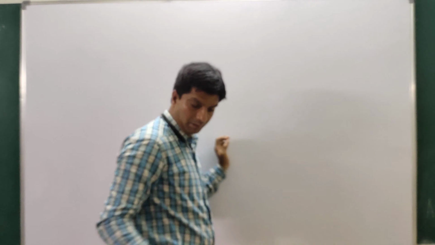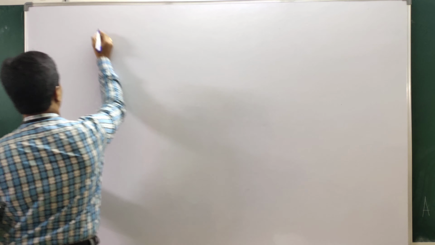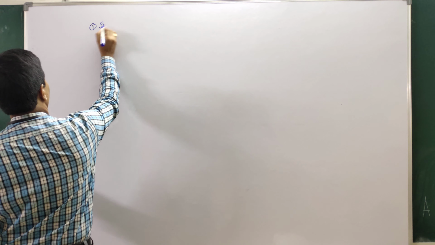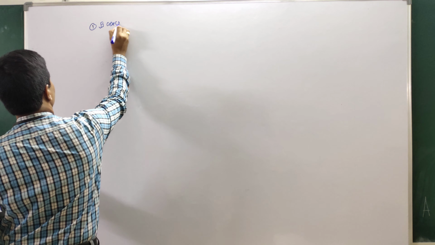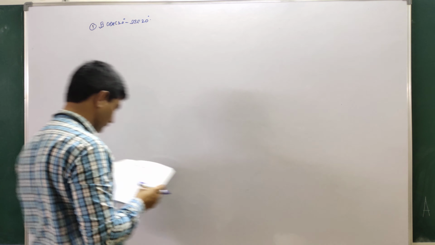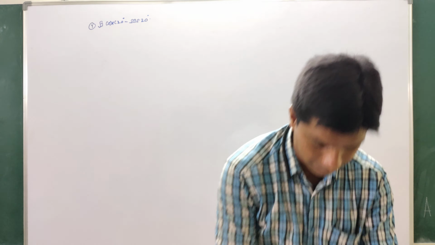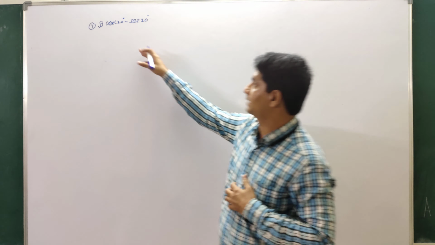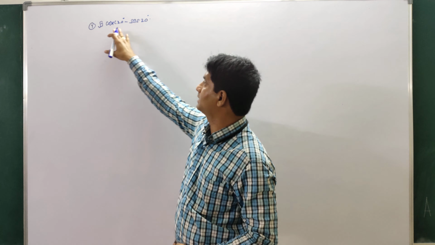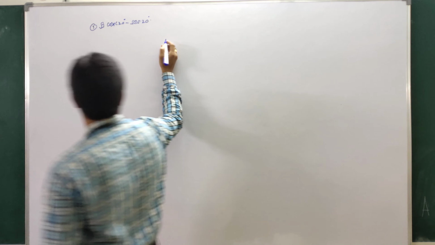We will do some problems on the topic trigonometric ratios and identities today. Let us write the first problem here. First one is a very simple problem. Root 3 cosecant 20 degrees minus secant 20 degrees. This is the value of. Actually, we don't know the value of secant 20 degrees and cosecant 20 degrees directly. So how can you find this?